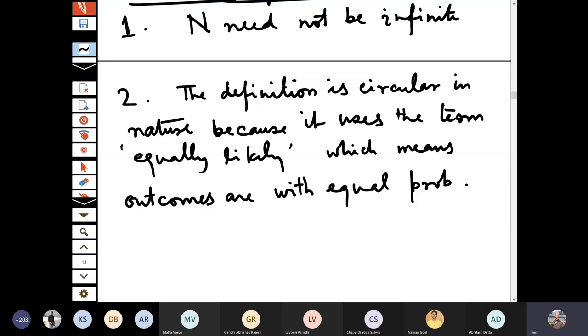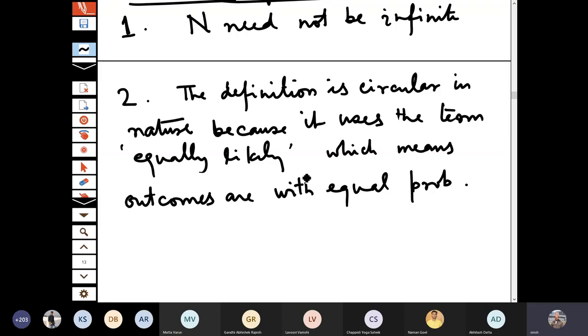So for example, if I am looking at the birth of a child, and over a period of time I want to find out what is the probability that the next child that is born will be a boy or a girl, and you say that it will be half. So how is that answer given? It is based on the overall population, how many births are of boy child and how many births are of girl child. So if you look at the data, it is approximately 50-50, then you give the probability half.